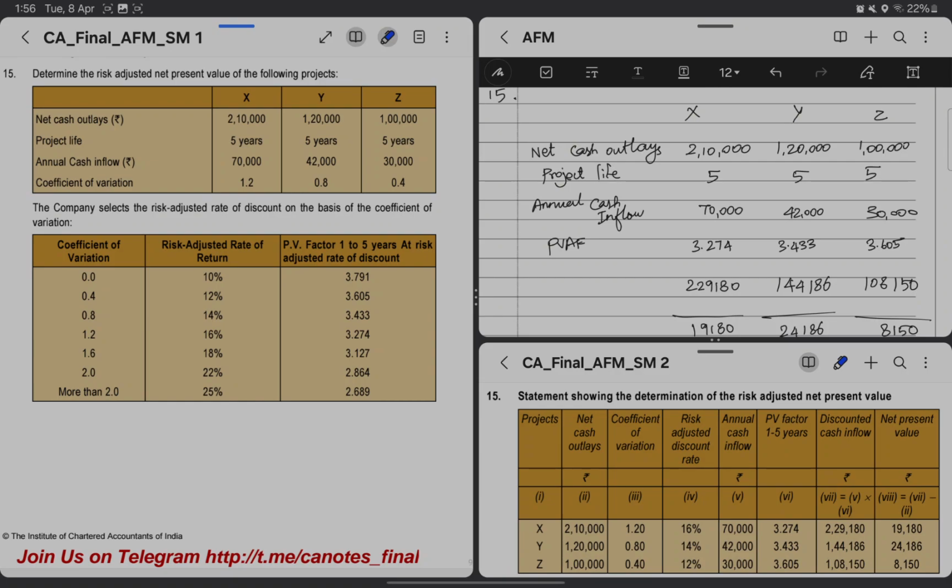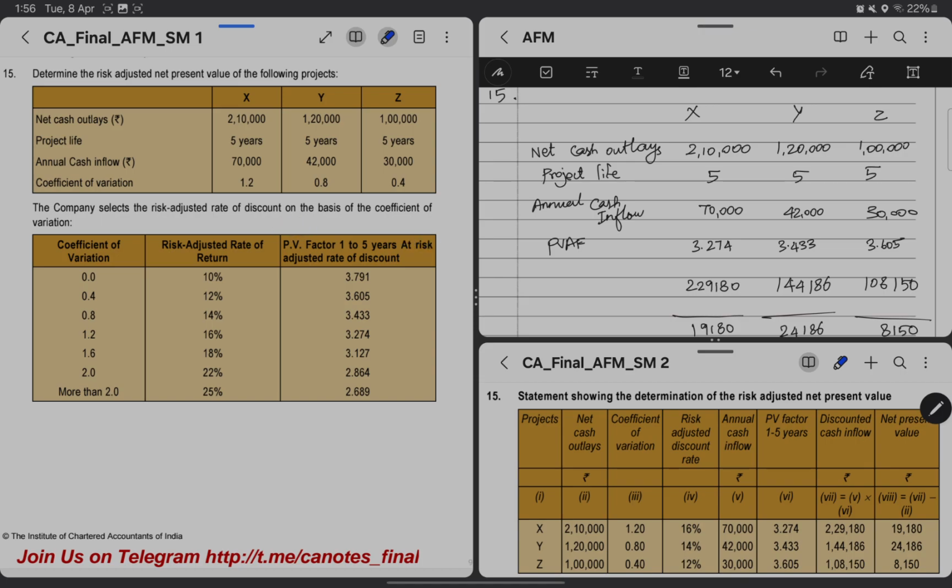Problem 15. Practical question 15. Determine the risk adjusted net present value of the following projects. They have given 3 projects wherein the initial cash outflow is 2,10,000, 1,20,000 and 1 lakh, and the project life is 5 years for all the 3 projects. Annual cash inflow they have given 70,000, 42,000 and 30,000, and coefficient of variation they have given 1.2, 0.8 and 0.4, and they have given that the company selects the risk adjusted rate of discount on the basis of coefficient